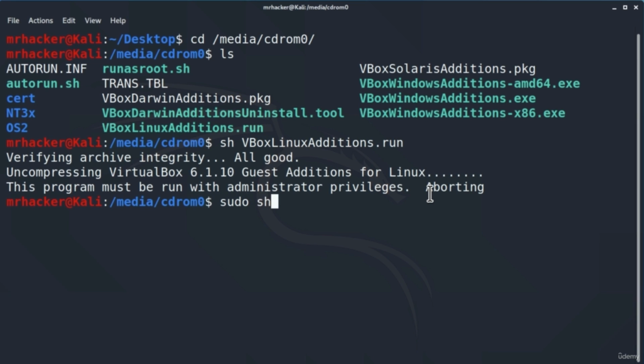sudo sh VirtualBox Linux additions.run. If we press enter here, you should get a prompt like this asking you for your password. Then type in your password, and keep in mind that even while you're typing, you will not be able to see anything appear right here, which doesn't mean that you're not typing. You are typing, it just doesn't show anything inside of the terminal. Once you typed in the password, click enter,